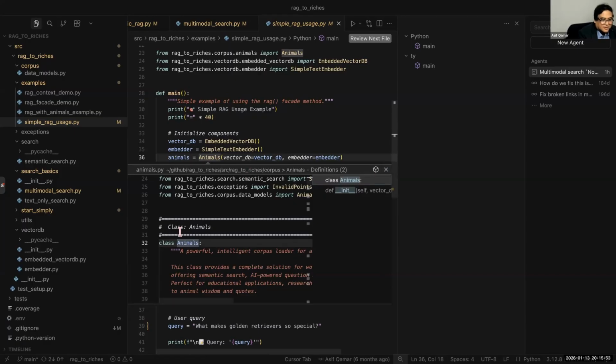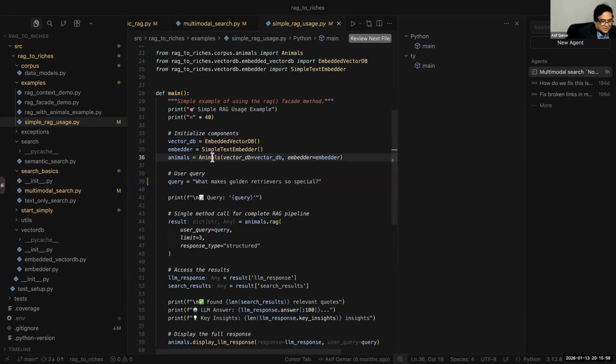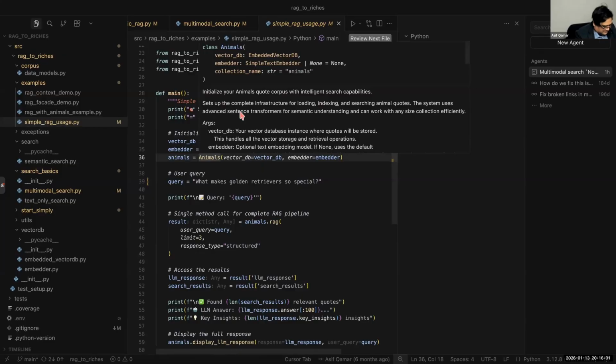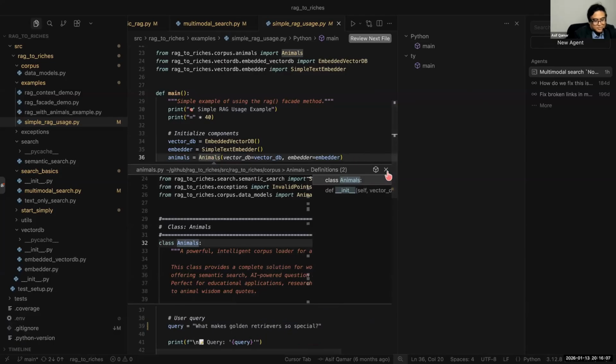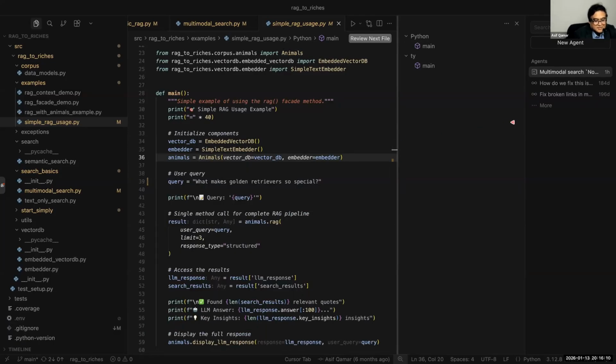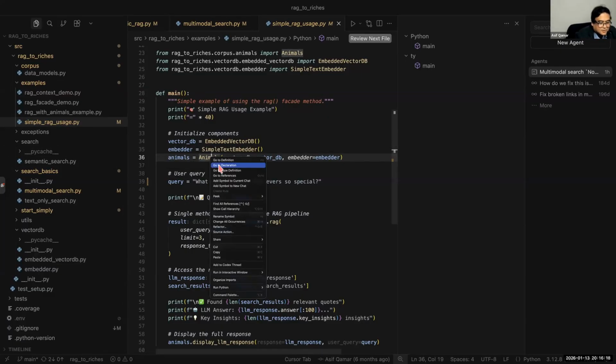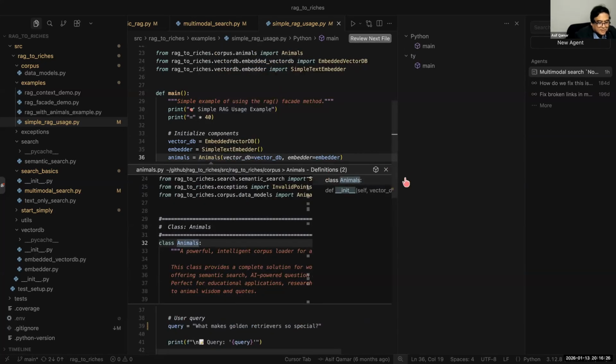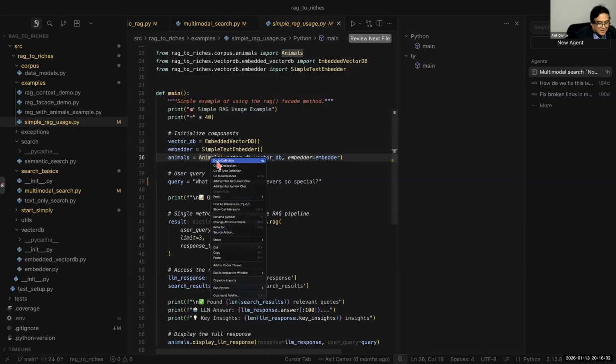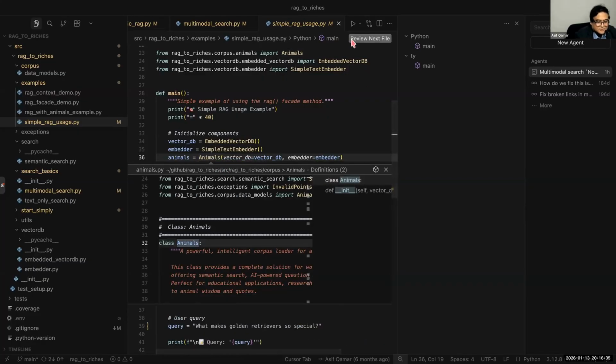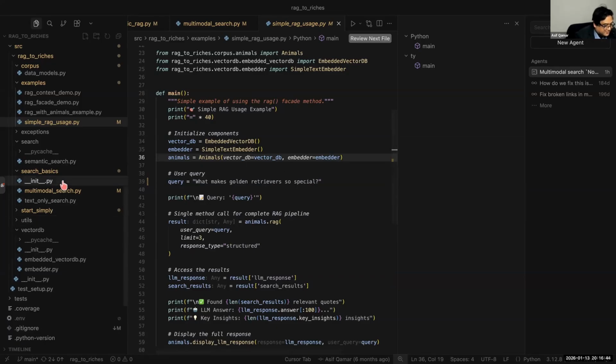Why did it go here and not up? I don't know why it did that. Let me see if I can do. Oh, it's still opened here. I think this UI, Cursor, is going through rapid evolution. Drag it up. Yeah, I just updated Cursor and I have to get used to this. Open in chat. Why would I open it in chat? Okay, all right, we can directly go to the end.